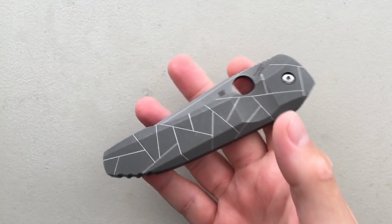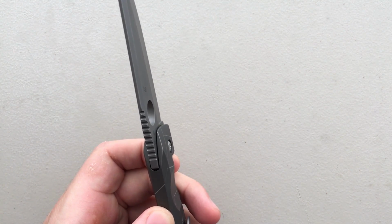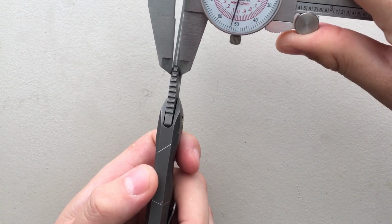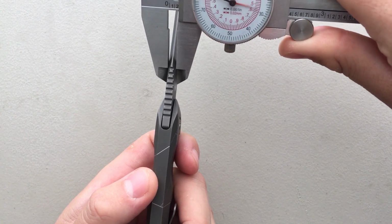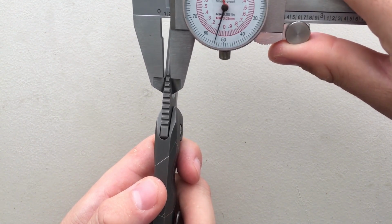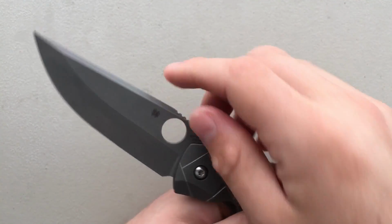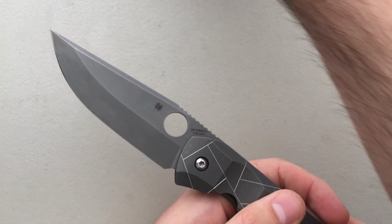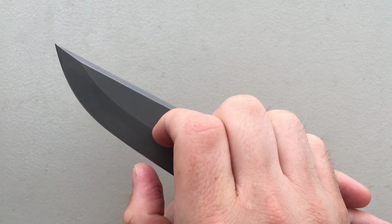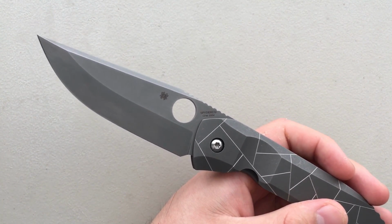Finally, my biggest complaint about this knife is that it is a very poor slicer because the blade stock is incredibly, absolutely thick. It is really, really thick. If I take a little measurement here, we're looking at about 4 millimeters thick, which is, frankly, a lot. And that's amplified by the fact that they made it a saber grind. They didn't do a full flat grind like on the PM2, and so you're really getting the full length in only this distance. So I sat there and I made a salad with this guy, and sure, it worked, but